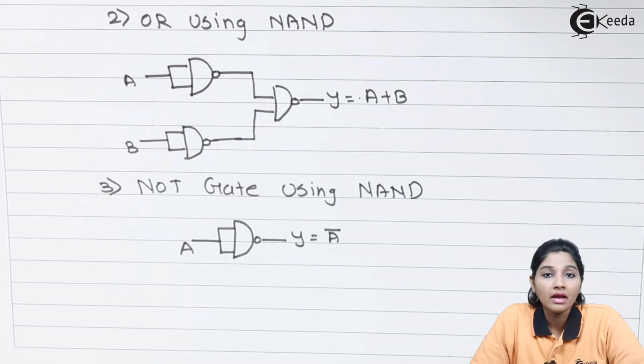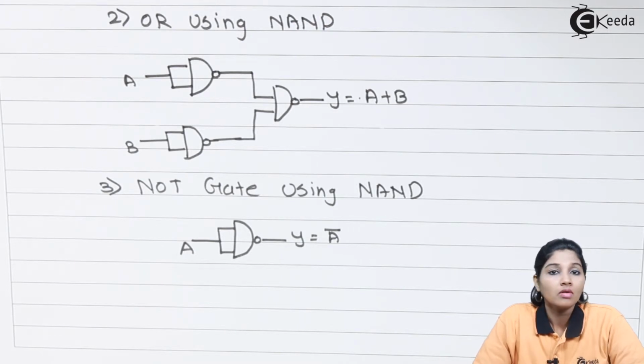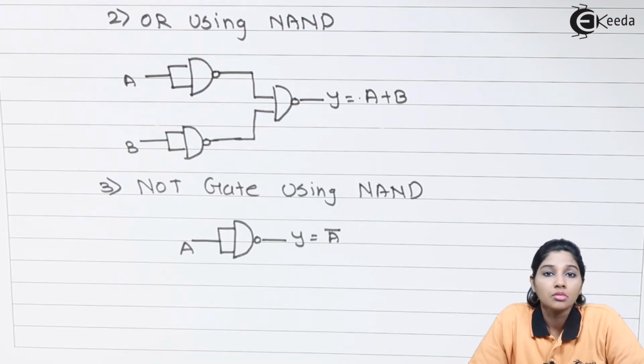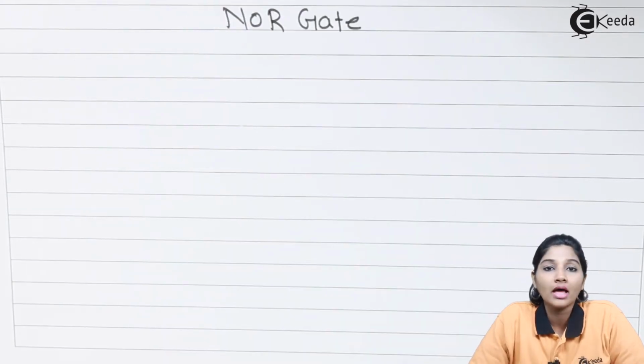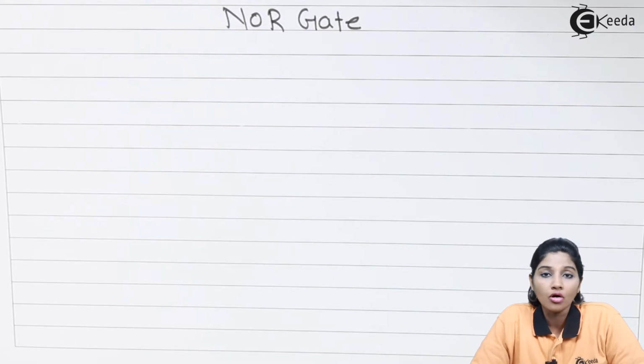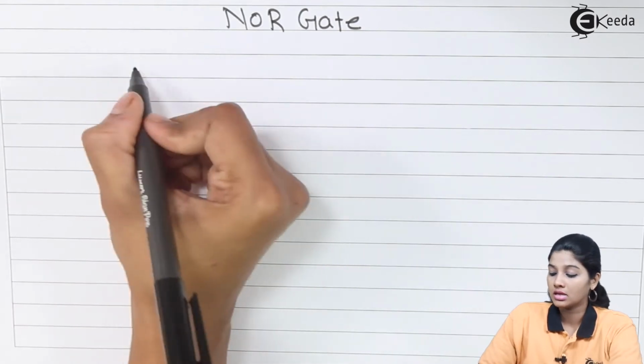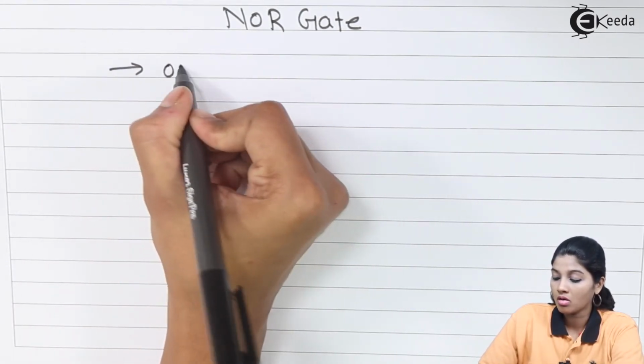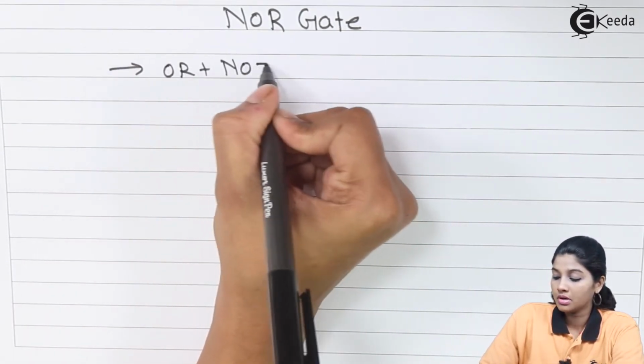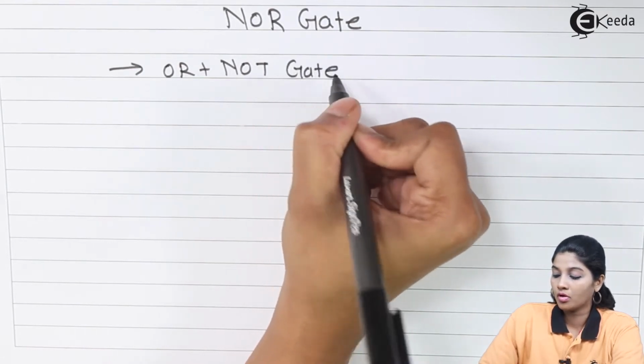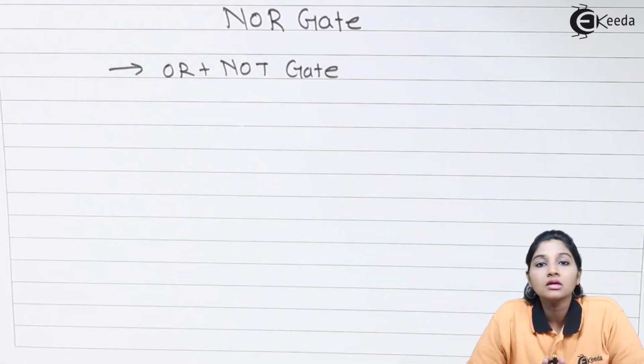So that's why the NAND gate is called a universal gate. Now let's see another type of gate, that is nothing but the NOR gate. As we saw, NAND is a combination of AND and NOT gate. Similarly, NOR is a combination of NOT and OR gate. So therefore we can say NOR is nothing but OR plus NOT gate. So similar to NAND gate, in NOR gate also we are getting the complemented version of the output of OR gate, and the symbol of NOR gate is given by